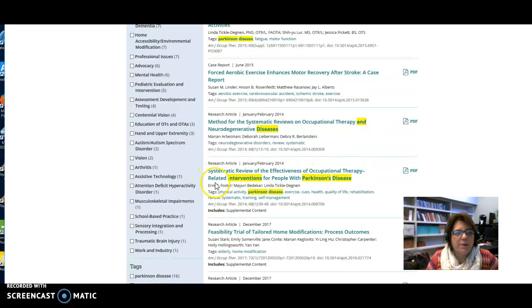Effectiveness of occupational therapy related interventions for people with Parkinson's disease. So I would definitely open that article. It's only 2014. In that article, it's going to show you what interventions are used for people with Parkinson's disease. So if I don't use that article, I have the interventions. I have specific other search terms. So again, evidence-based practice is searching, and it is searching for